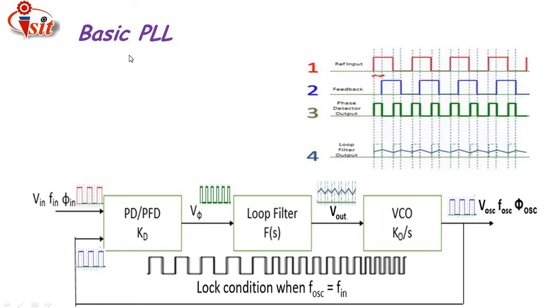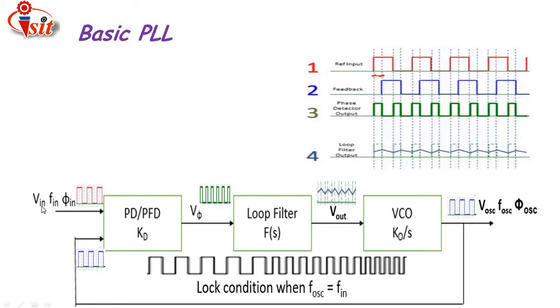Then this is the basic PLL structure. As we know very well from previous lectures, the basic PLL structure is formed by three blocks: a phase detector or phase frequency detector, then a loop filter, then a voltage controlled oscillator. The locking frequency is generated along with the voltage output of the voltage controlled oscillator block along with the input. The locking frequency value is nothing but the oscillating frequency being equal to the input frequency. That means once the oscillating frequency is equal to the input frequency, that frequency is called the locking frequency, the exact locked frequency.